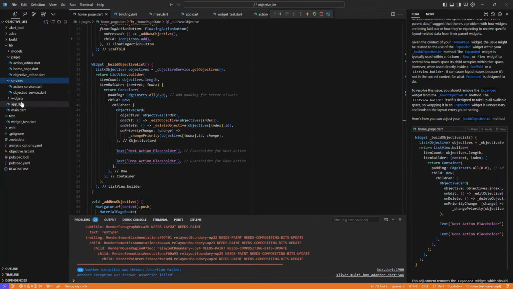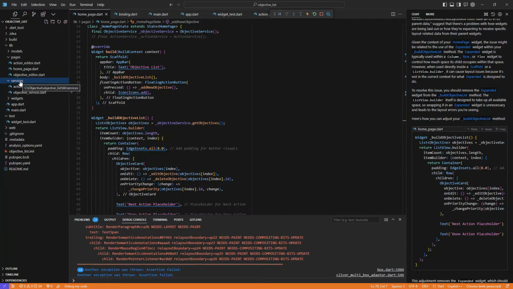Okay, for one, this is kind of how I organize things. This is exactly how I would want it as a best practice, broken out by widgets, pages, and the services separately. This is how I'd like to organize it. Could I have done that? Yes,